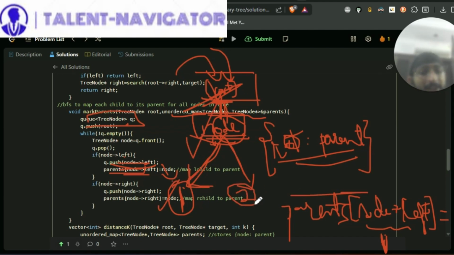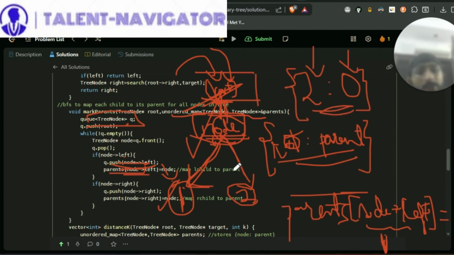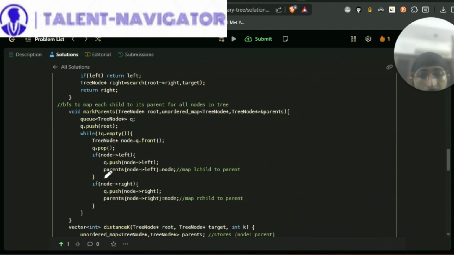Similarly, if this is the right child and if this has a value of 2, then it would store the value of 2 and the node that is 0 in this format. So the parent is here and the node being stored is here, right? So this is the explanation that the left child and right child have been mapped to the parent. Mapping left child and right child to parent. So this is what we have done in this